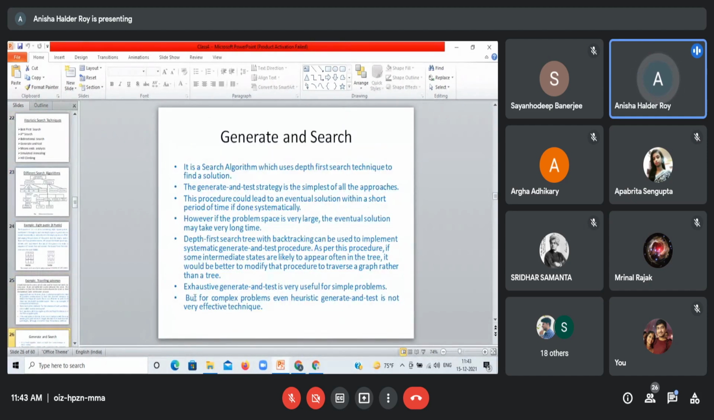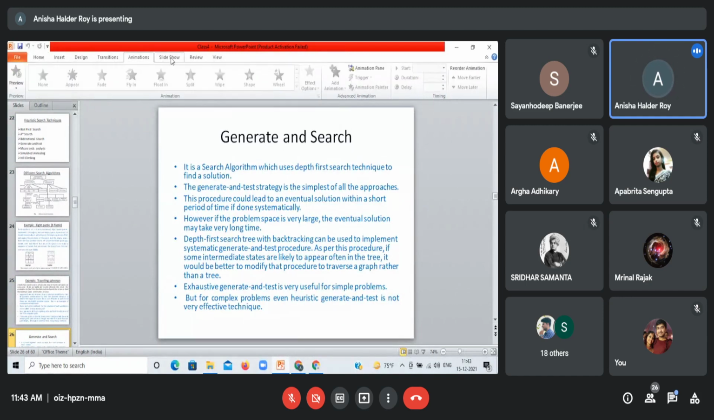So this was generate and search. Okay, এবার আমরা স্টার্ট করছি।